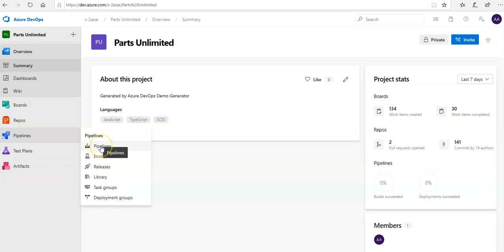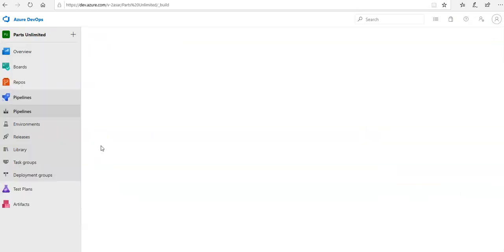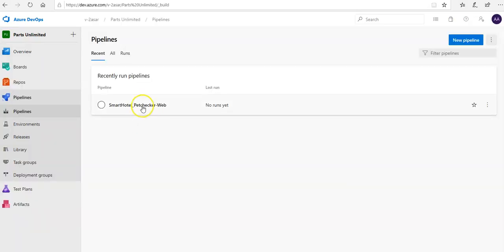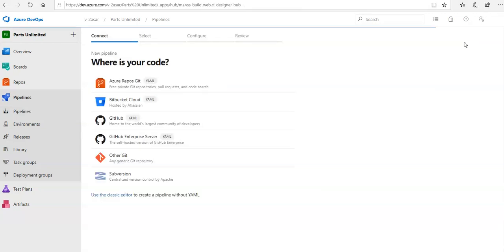I then click on pipelines here. This is my already existing pipeline. I'm going to create a new pipeline. Click on create a new pipeline here,